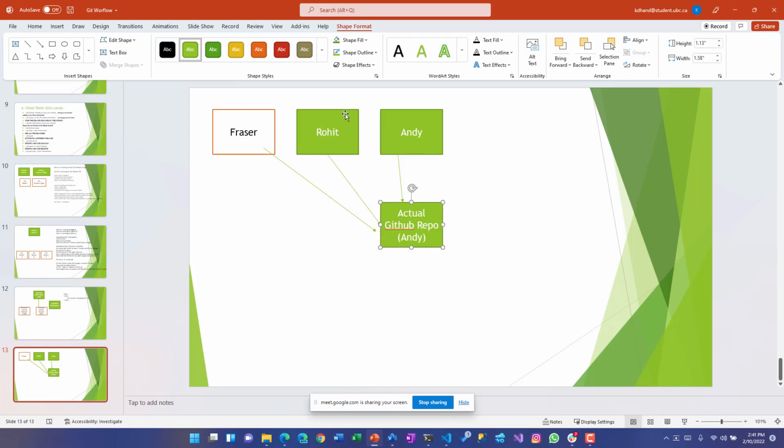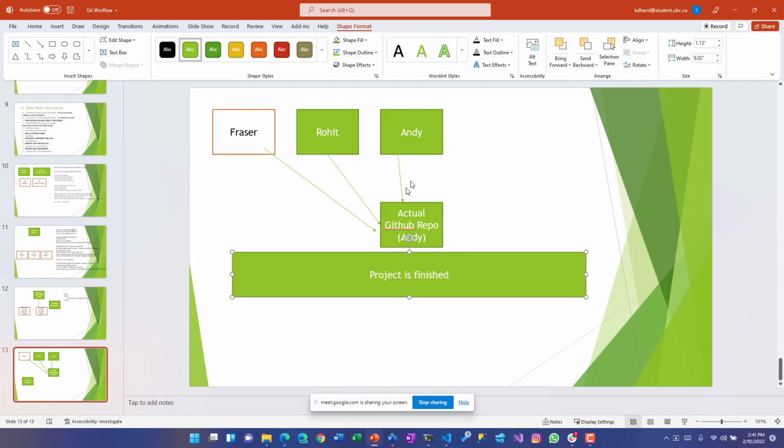Now what happens is, once the project is finished, Andy already has all the repo branches on his account because he used his account, so his account is already updated.